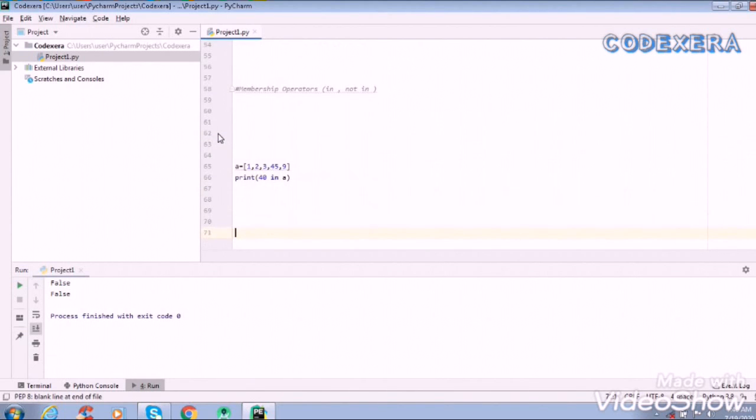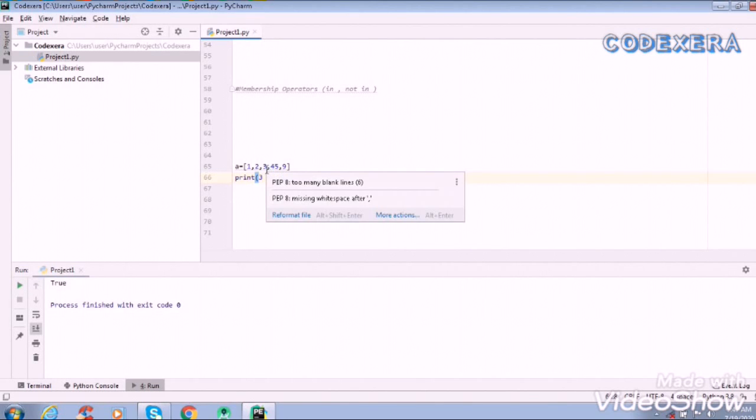Now after printing this we see that it is false. Why is it false? Because 40 is not in this collection, so that's why it is printing false. If I write 3, then it is printing true because 3 is in A.